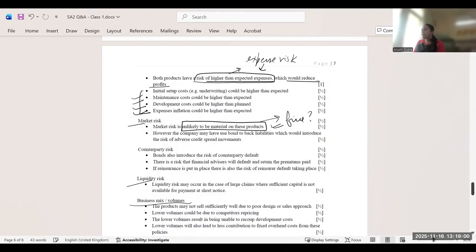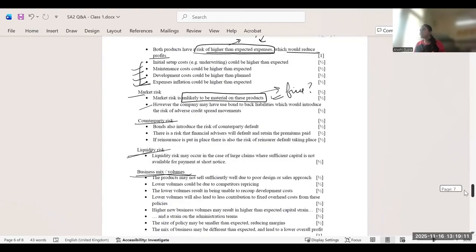Yes. Okay. So you explain all of that: counterparty risk, liquidity, business mix and volume. All of this is a very big answer, worth 41.5 marks. But it is why I chose this question out of the previous years, because it is a very good